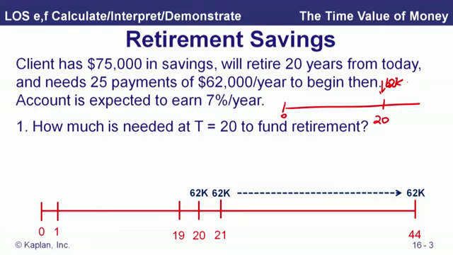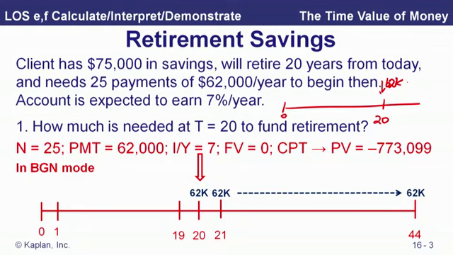So that's what we've got on our timeline. When we calculate the present value of that, we're going to put it in begin mode, because remember, begin mode gives us a present value on the day of the first annuity payment. So put it in begin mode, put in 25 payments of $62,000 each, 7% annual interest rate, compute the present value,